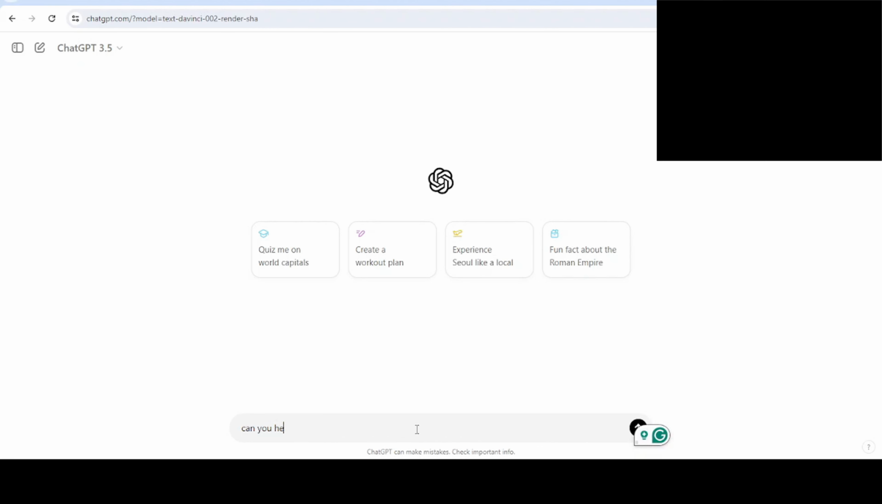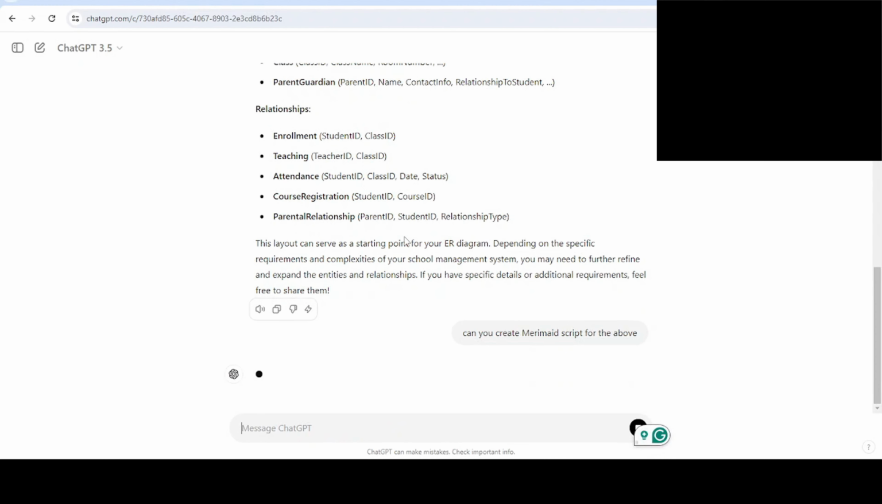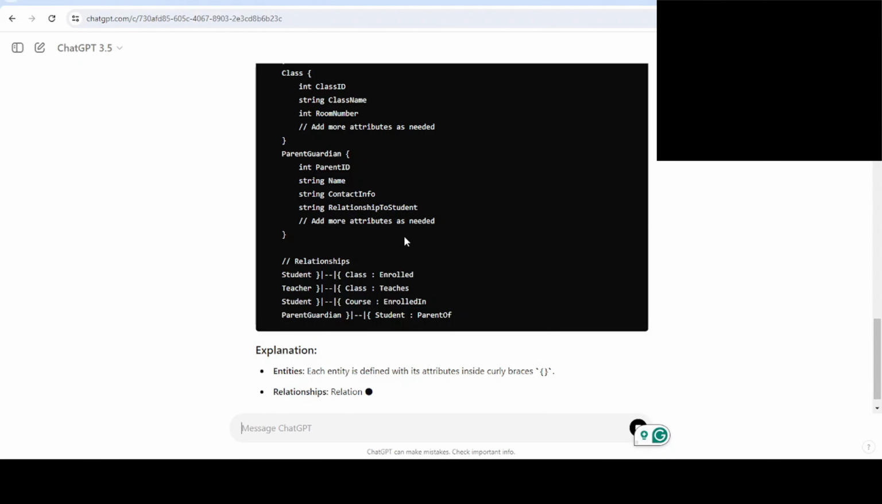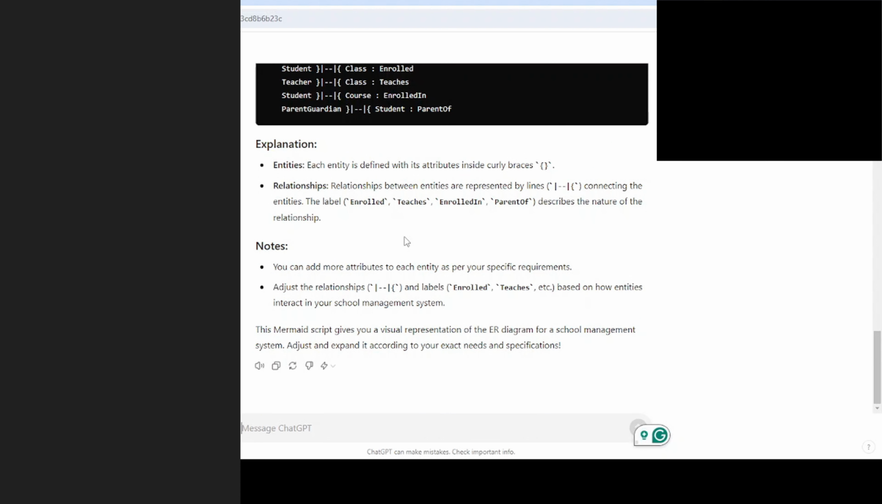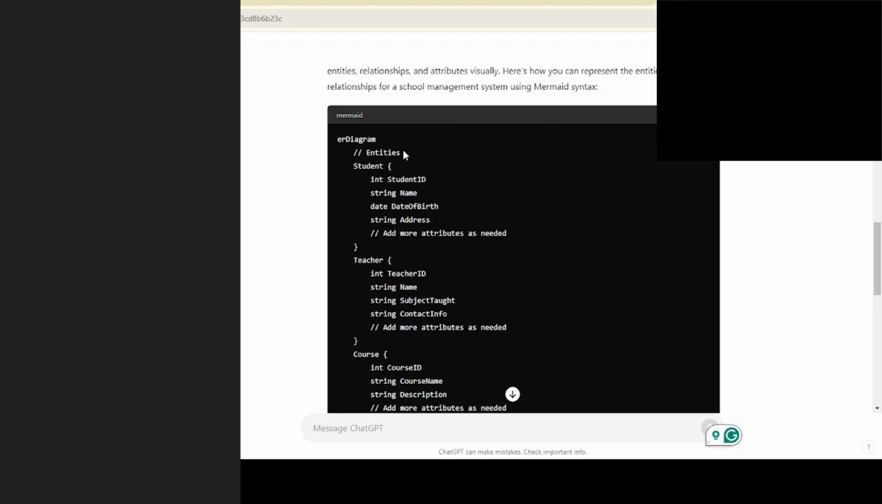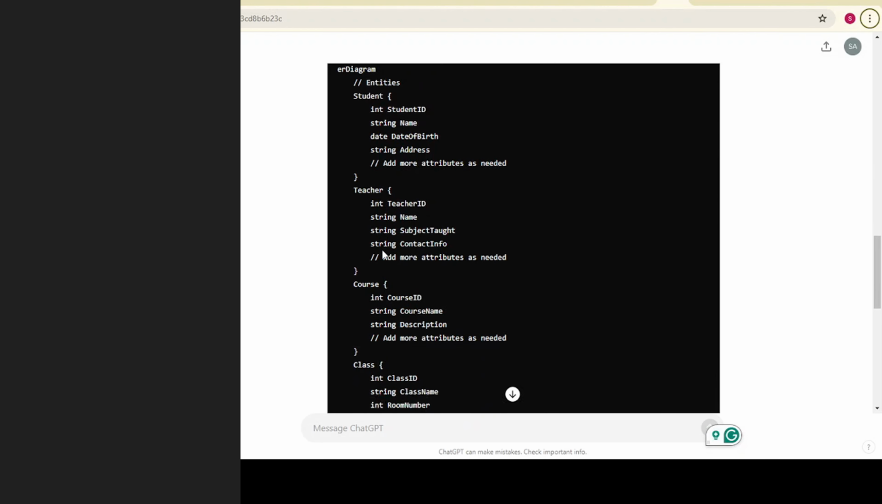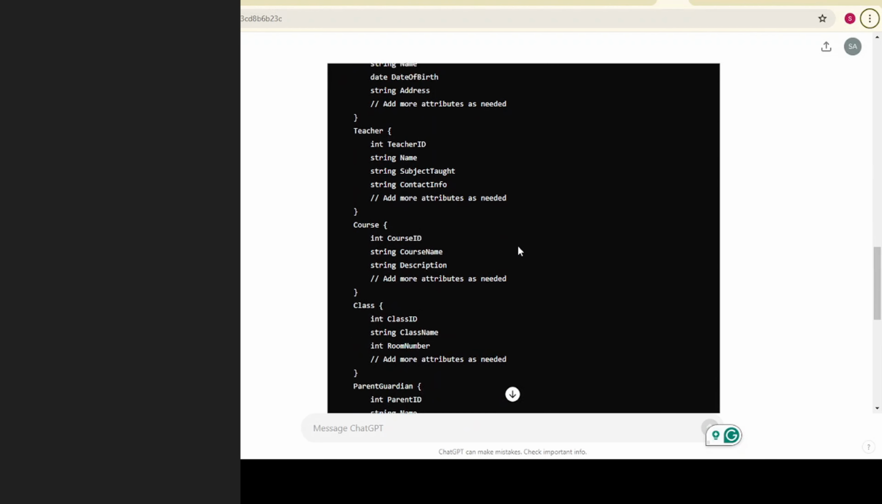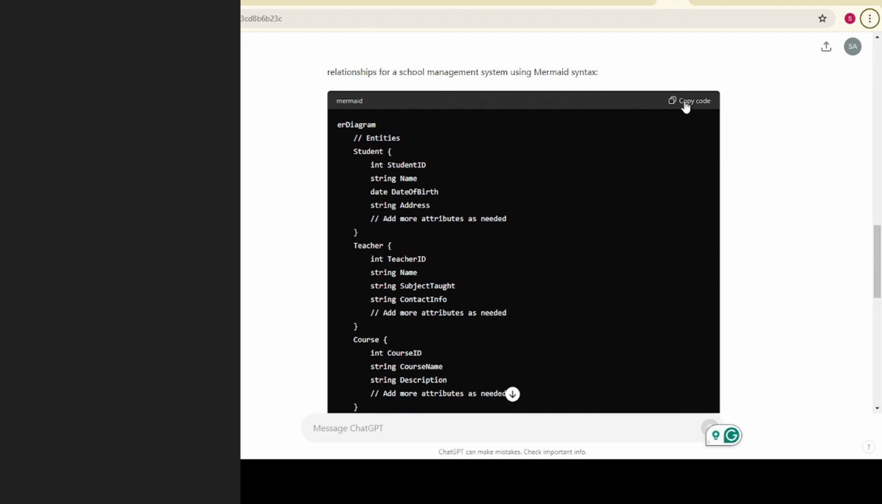Can you help me create an ER diagram for a school management system? So it generated the script. Copy this one, but before copying, we have to remove these comments from this script. So copy this one